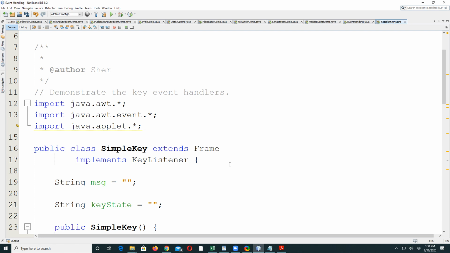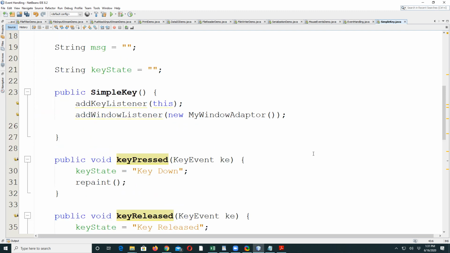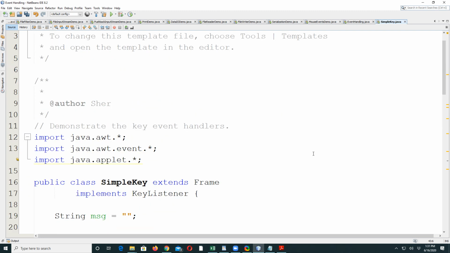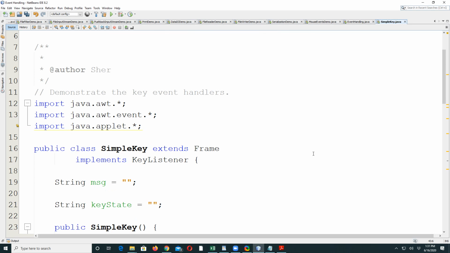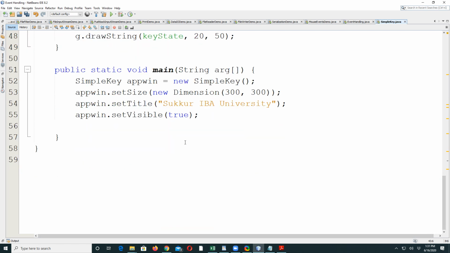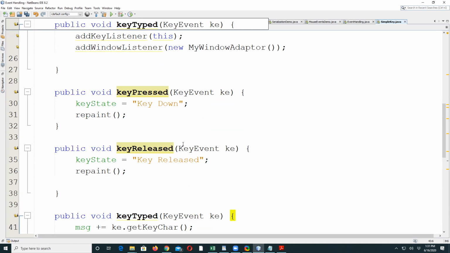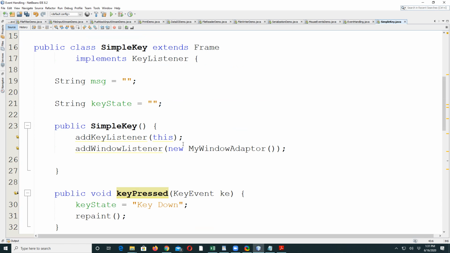So for key listener we will have key adapter, for window listener we have window adapter, for action listener we will have an adapter. So all these classes are already giving you empty implementation. So in this way you can also create a listener by creating a subclass of any of the predefined adapter classes. Right, I again strongly recommend that you read each and every line of the book.